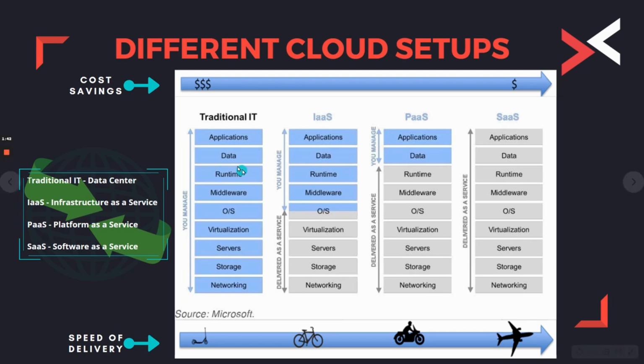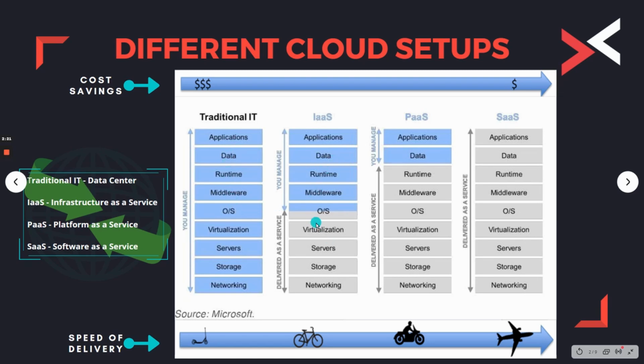But what does the cloud say? This is what you have today. You manage everything within the data center, which is true. So this costs you a lot of money because everything is to do with the organization. They have to maintain that. And the speed of delivery could be slow because, if you want to get a new application, does the application need a new server? If the answer is yes, we need to order the server, then the server comes through. We need to put that into the data center, put it on a rack, make sure air conditioning is there, make sure no wires are sticking out, nobody trips over those wires. So all those kind of things which you know about happen in the data center.